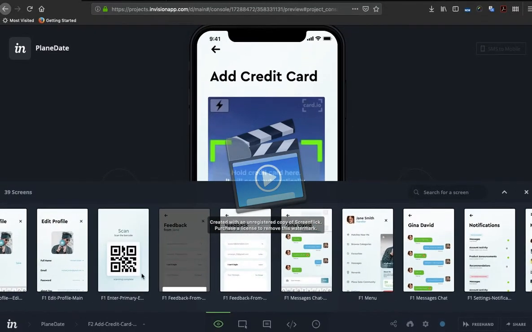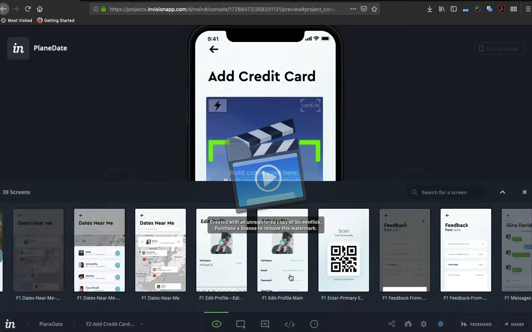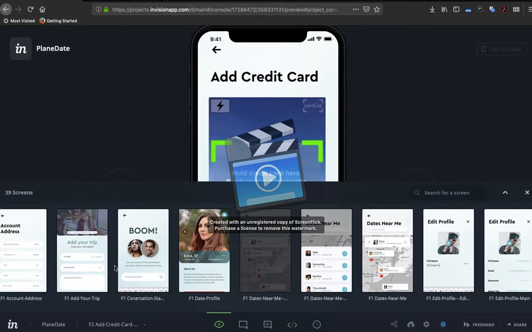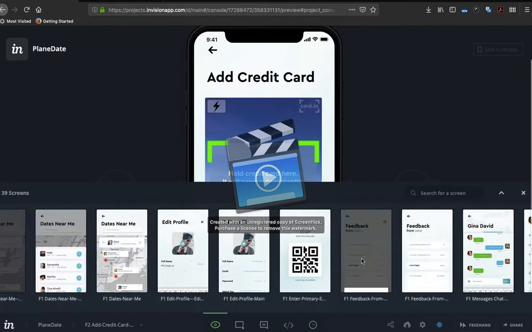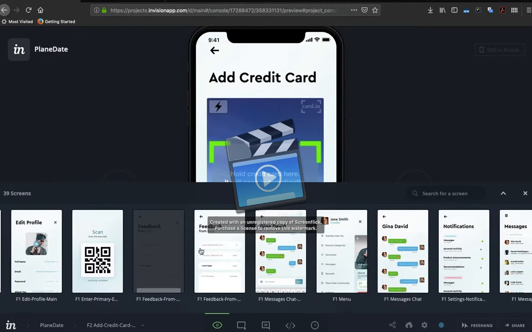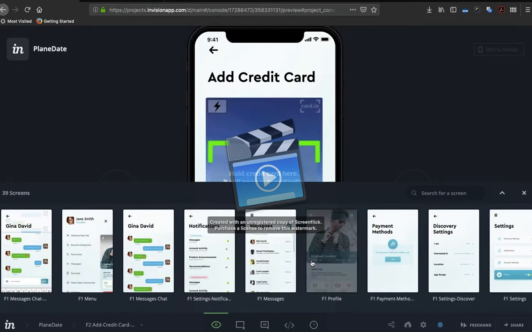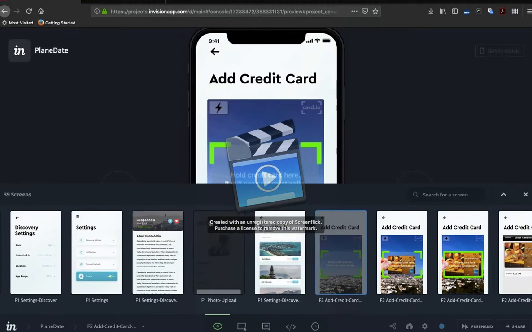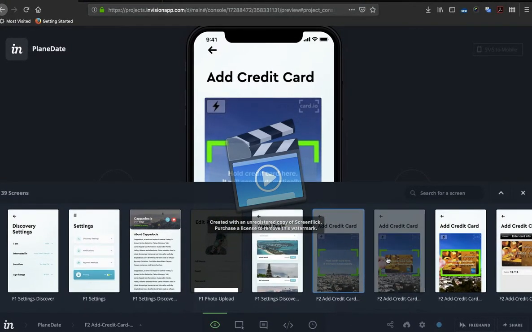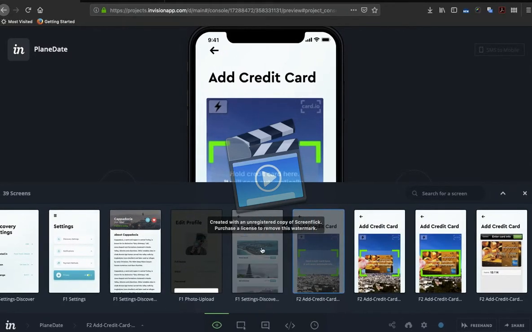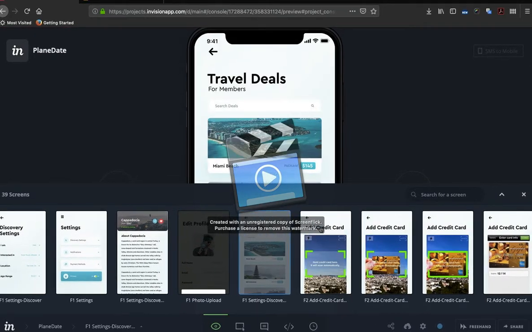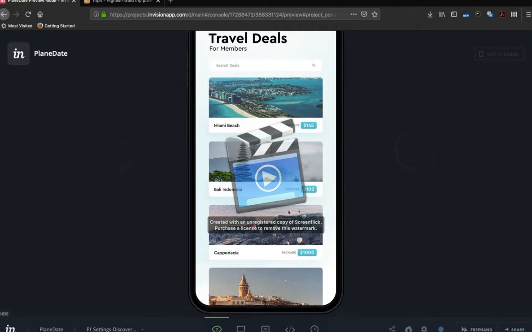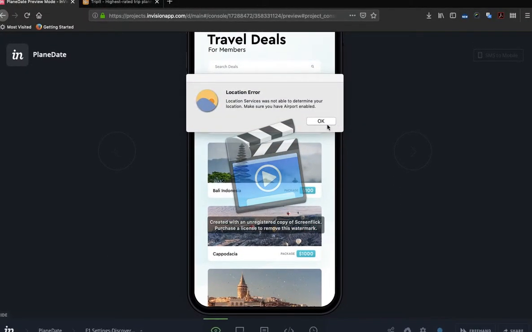Scan. Boom. That's this dates. Okay, I don't see it, but settings, travel. Okay, I think you have these, which is great. So travel deals. So this is part of the travel buddy.